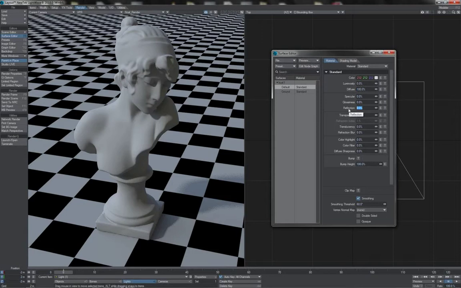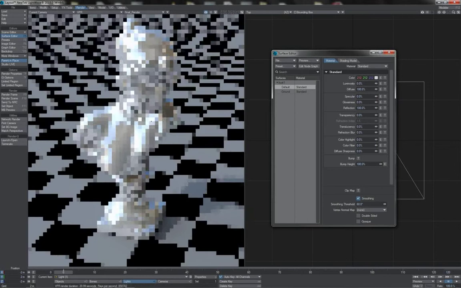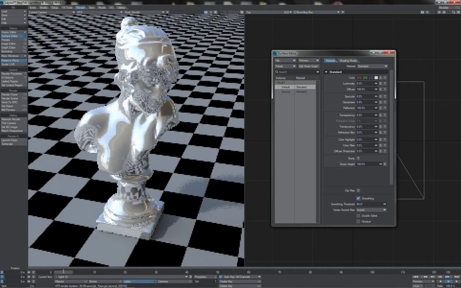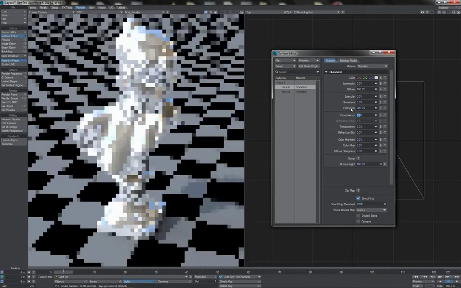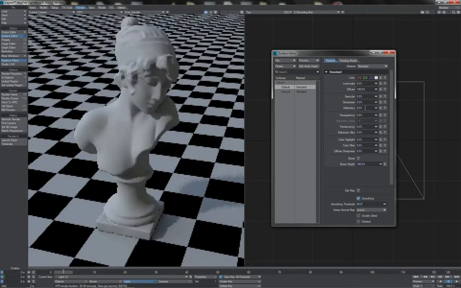Reflection in this material is a pure mirror reflection, so let's just set that at 100%, and you see that we get a pure mirror reflection here. It's completely sharp, there's no blur control for it. It's either reflective or it's not, and of course, that can be overamped if you're really wanting to for some unknown reason. You might have cause to use reflection if you just want materials that have a simple, sharp, fully glossy reflection to them. Otherwise, most of the time for doing reflection, you will want to use the specular here,